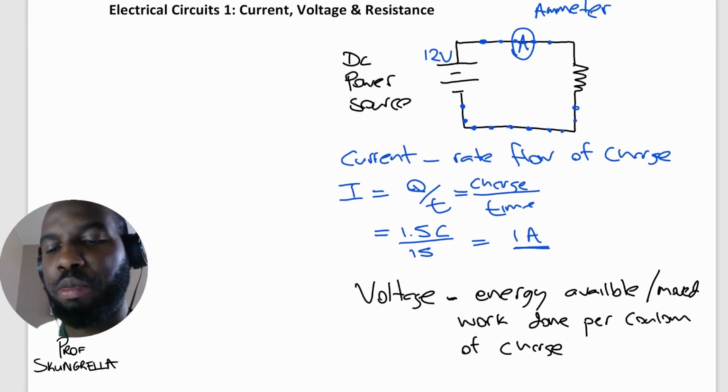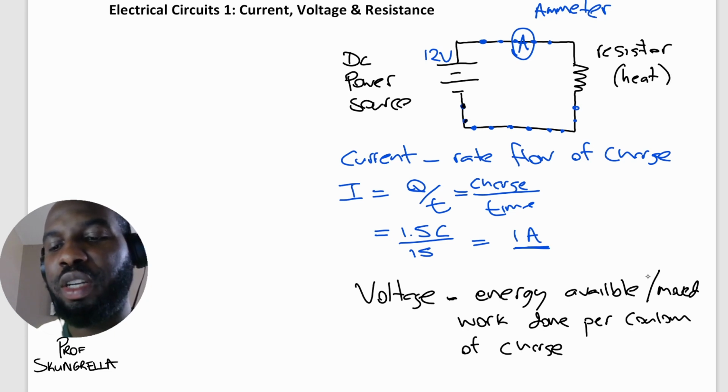Okay, how do we explain this? Again, these electrons that are moving, if there's a load in the circuit, they're going to convert that energy into another form. So this is a resistor here. The job of this resistor is to convert electrical energy into heat, so it converts electrical energy into thermal energy. The energy from the battery is going to be converted into heat via this resistor. If we had a light bulb here, the energy would be converted into light, right? So voltage tells us the energy that is available per coulomb of